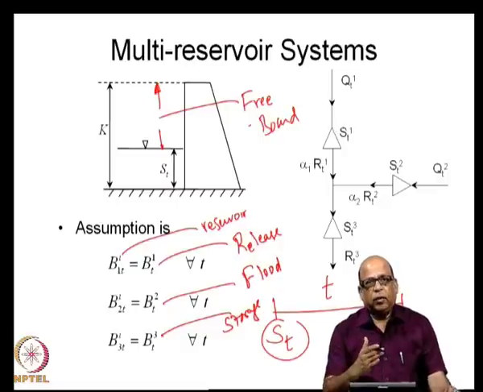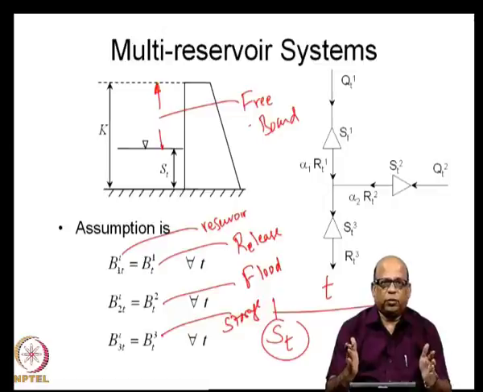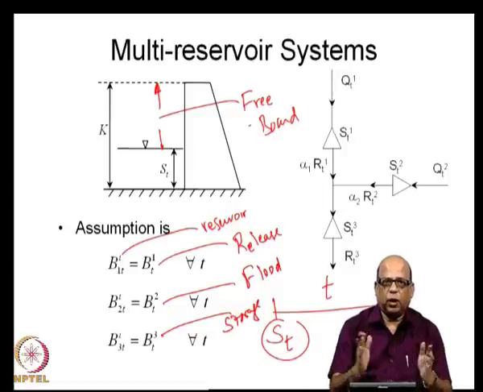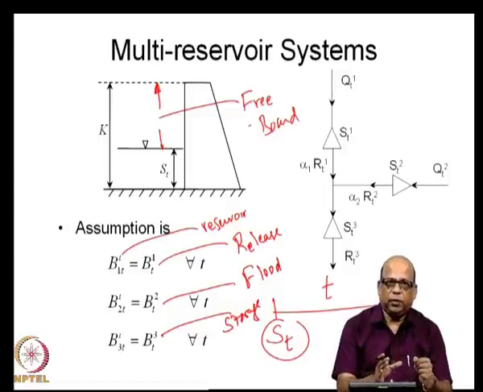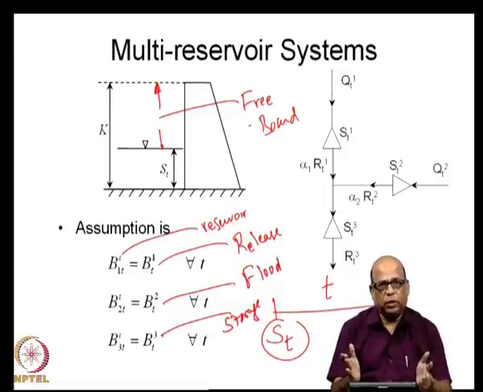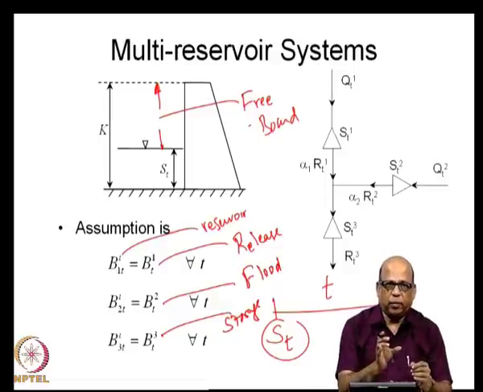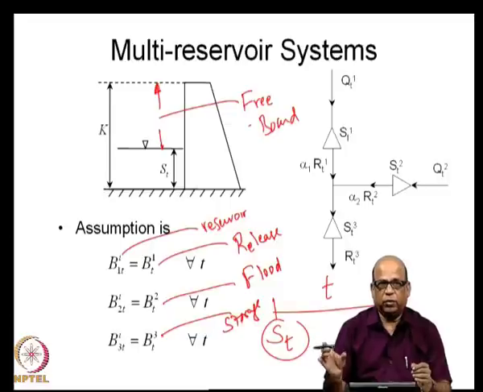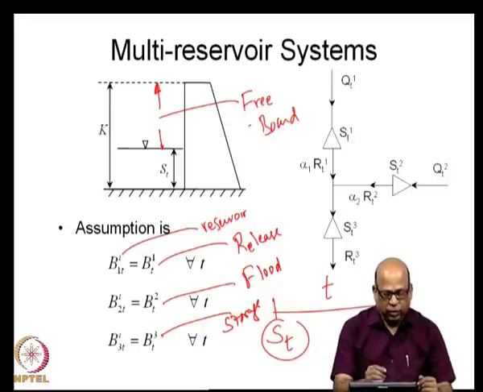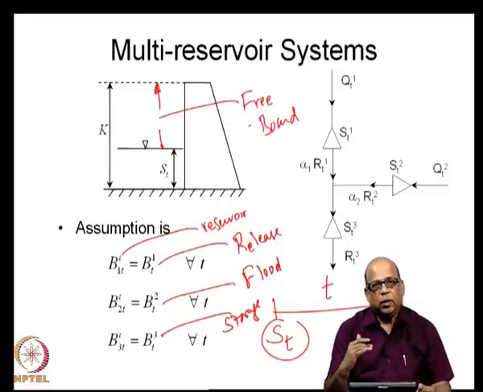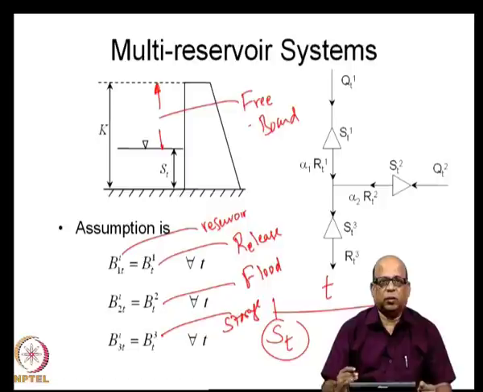You are looking at 1 year time horizon, which means T is equal to 1, 2, 3, etc. There are several time periods. If you are looking at monthly time periods, you may have 12 time periods. If you are looking at seasonal time periods, you may have 2 or 3. For example, you may have a monsoon season, non-monsoon season, or you may have a summer, monsoon and winter season, and so on. So, your time t here depends on the time horizon and the intra-seasonal periods for which you would like to make the decisions.